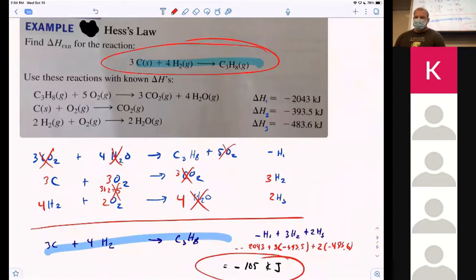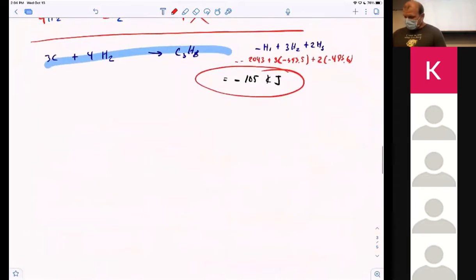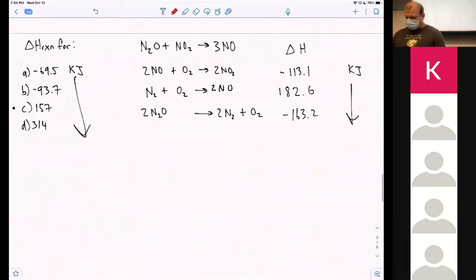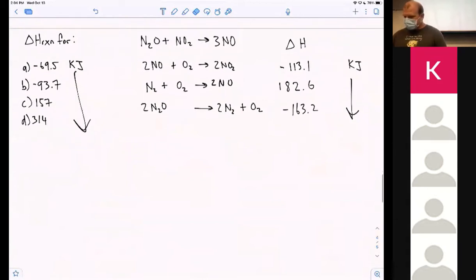So, other questions? All right, your turn. And I do encourage you to play along because most students have a really hard time with this. You're trying to solve for this one. You want to know this. And you're given